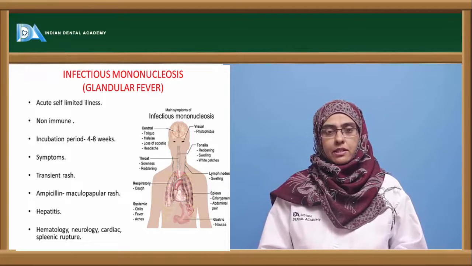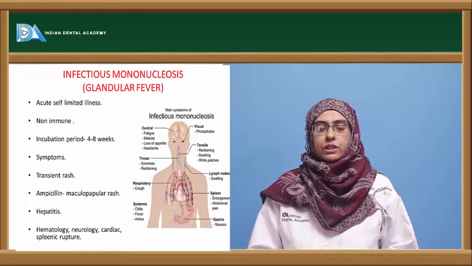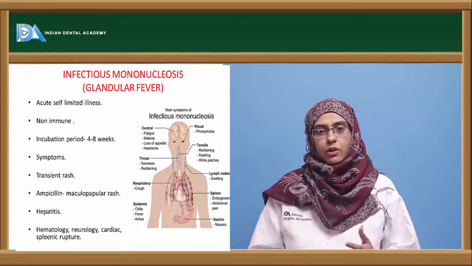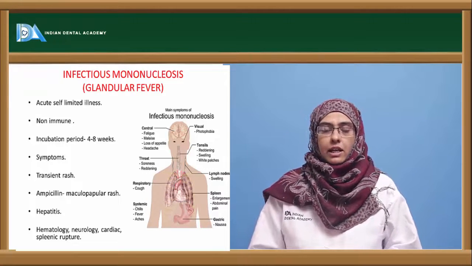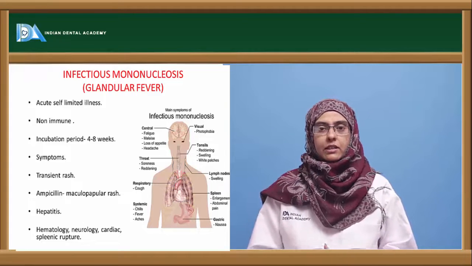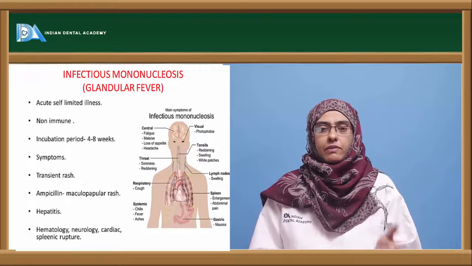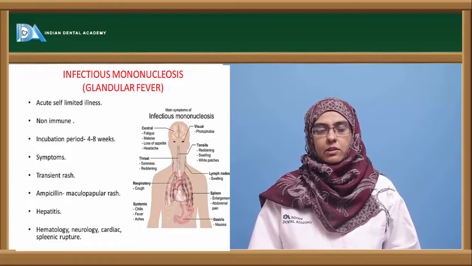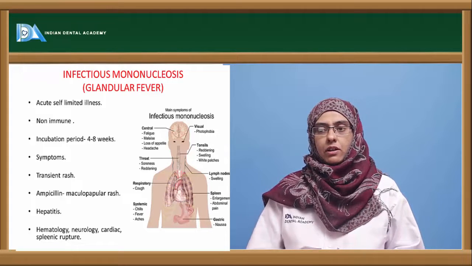Sometimes there is a transient rash, and a person who is on ampicillin can develop a macular rash because of the immune reaction between the drug and the organism. The organism can also be seen in hepatitis, identified with the help of a liver function test. The other complications associated with this organism are involvement of hematologic, neurologic, or cardiac systems and